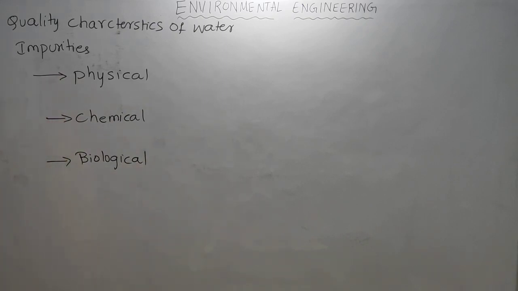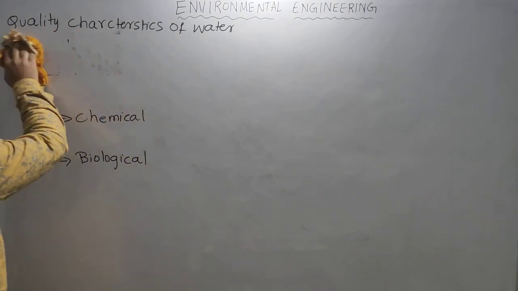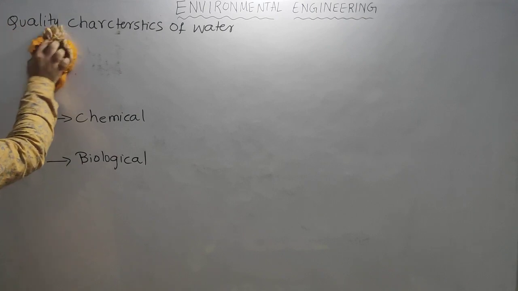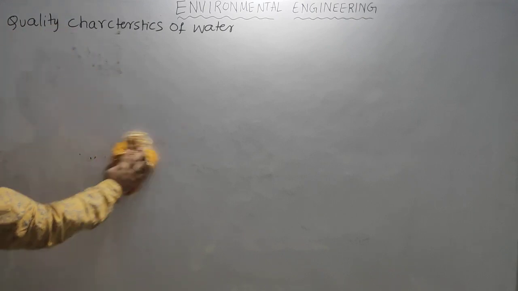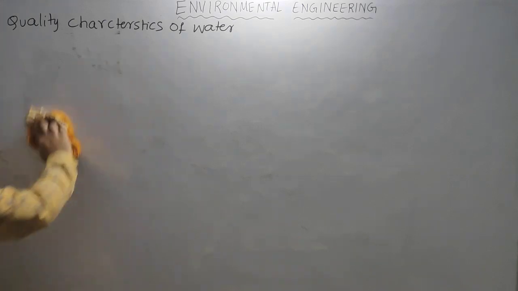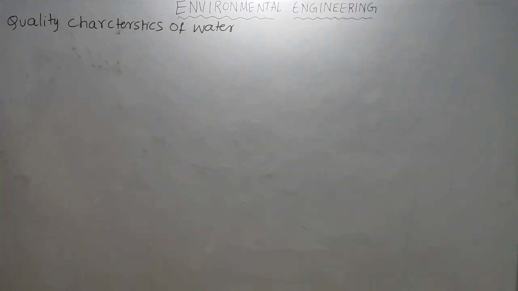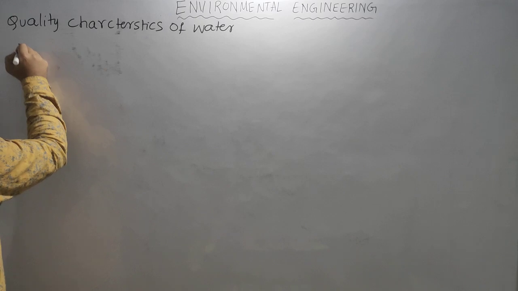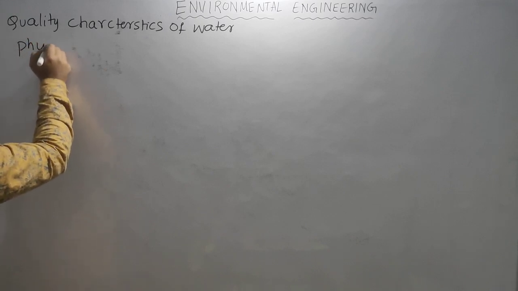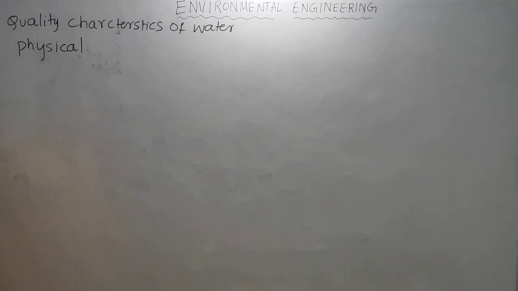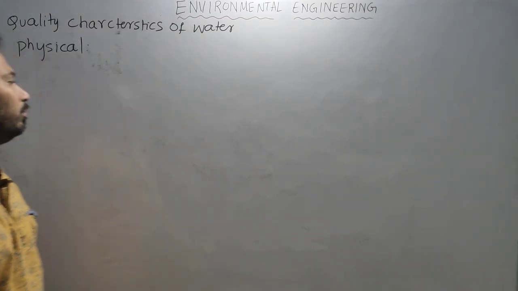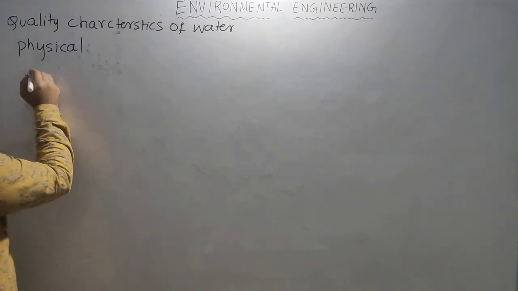So what are the different kinds of physical, chemical and biological impurities? Let us discuss. First of all, the physical one. Physical means that which we can see and which we can feel. That is physical. Physical impurities include suspended solids,